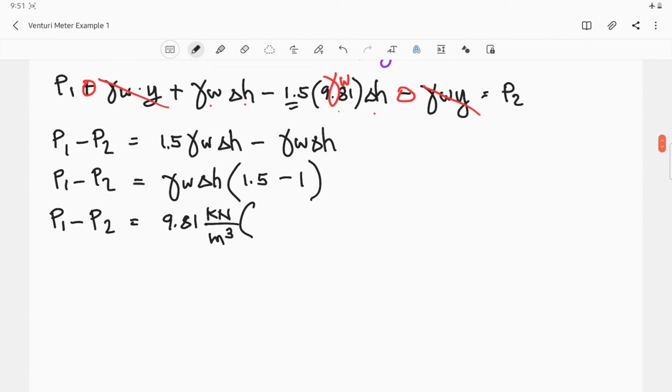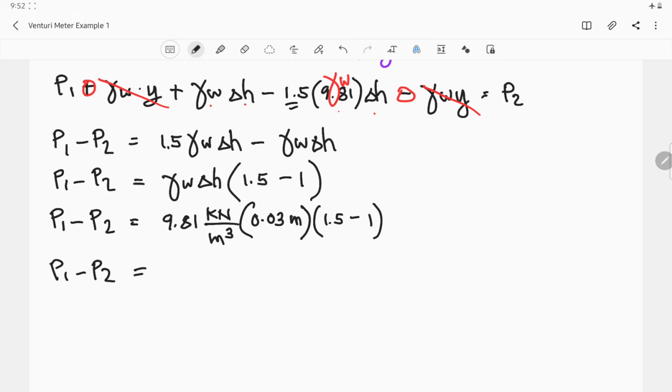Let's express it in terms of meters, that's 0.03 of a meter, times 1.5 minus 1. So we can solve P1